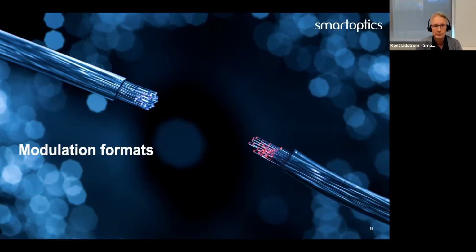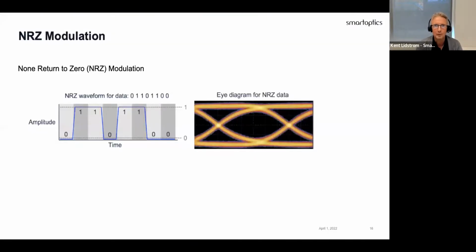When it comes to modulation formats, if we go to the next slide, in the past, it was all about NRZ modulated data, non-return to zero, where a transceiver typically works in a way where you don't turn the laser off and on in order to create a 0 to 1 pattern, because then it takes too long for the laser to get stable. You always keep the laser on.